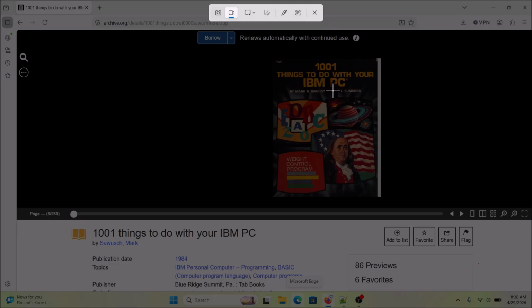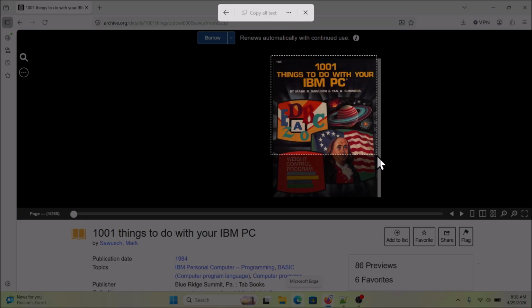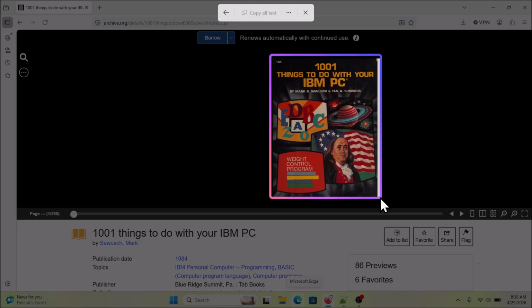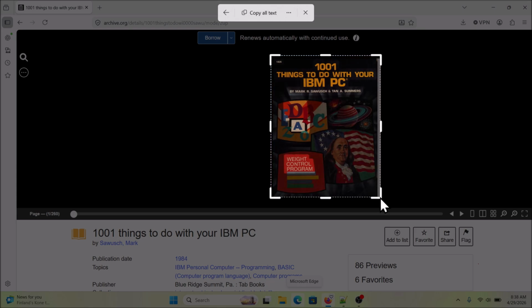of the features. This image I have here is of the front of a book, and so I'm going to try to get the text off of it. And so I'm going to clip this area because I'm just wanting the text, and it has an OCR capability of the default snip and clip. And I'll come up here and say copy all text,